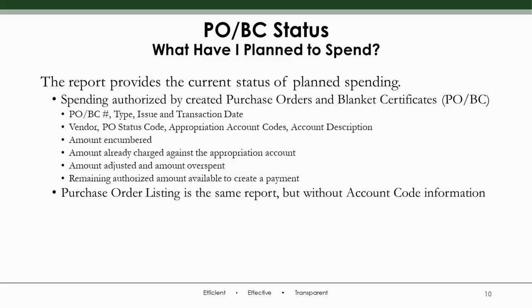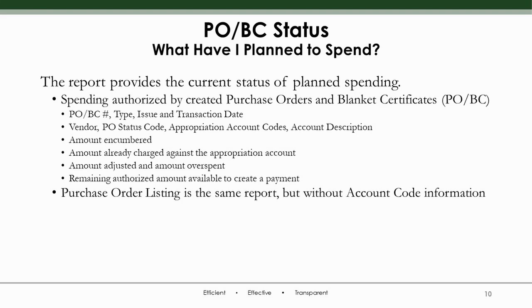Now looking at the planning or organizing position, which is answered by the question, what have I planned or budgeted to spend, we can utilize the purchase order blanket certificate status report. This report provides a current status of planned spending, which is the spending authorized by creating purchase orders and blanket certificates. It will show you the PO or BC number and type, the issue and transaction date, the vendor, the status of the purchase order, and the appropriation codes used, as well as the account descriptions, the amount encumbered, which